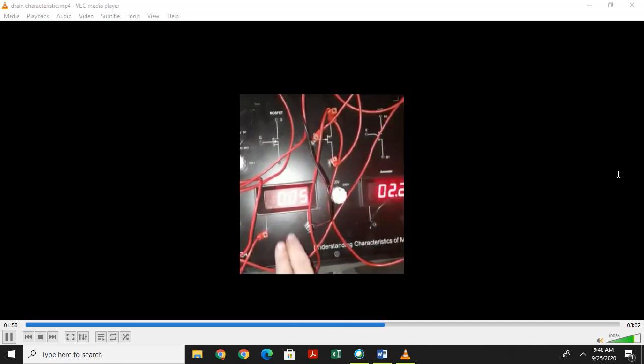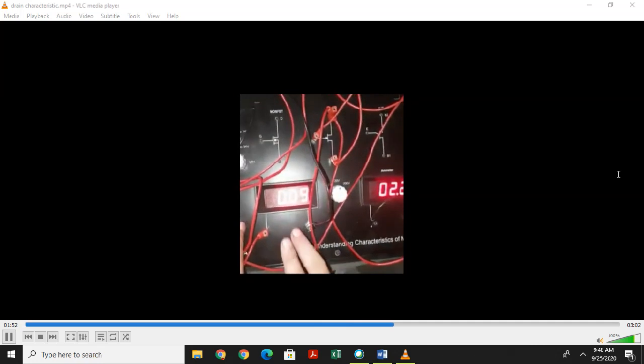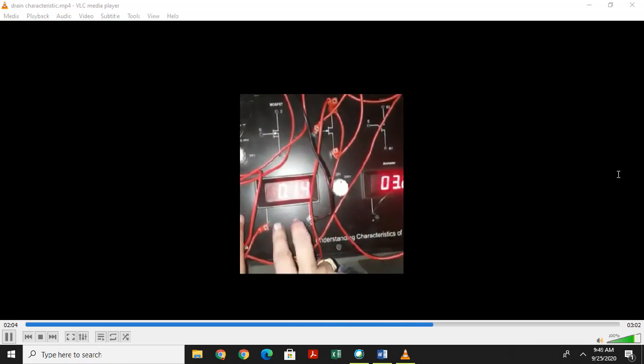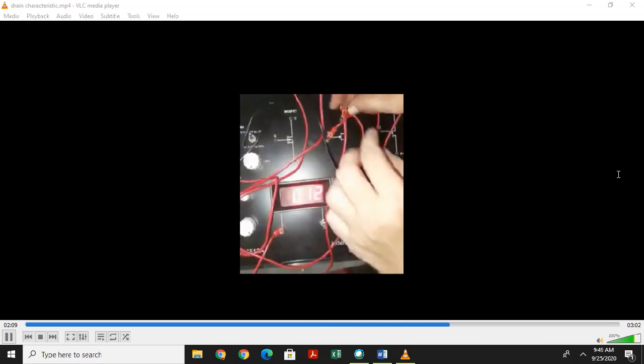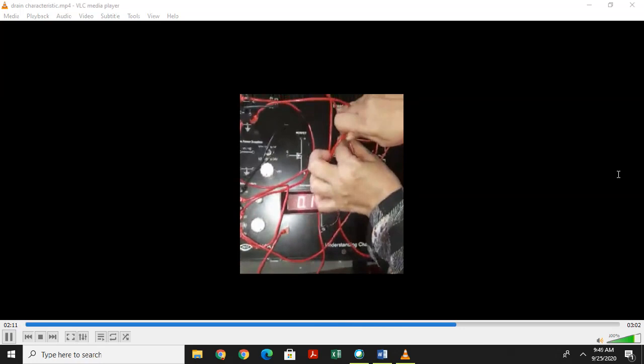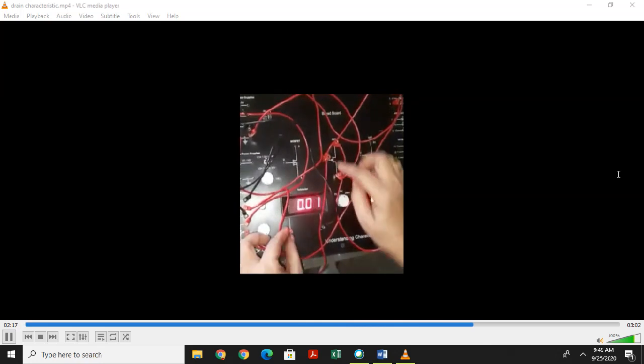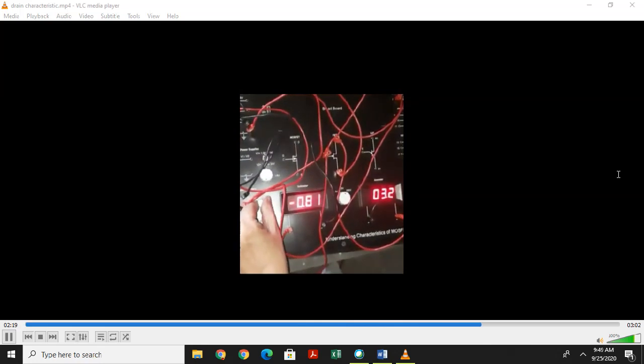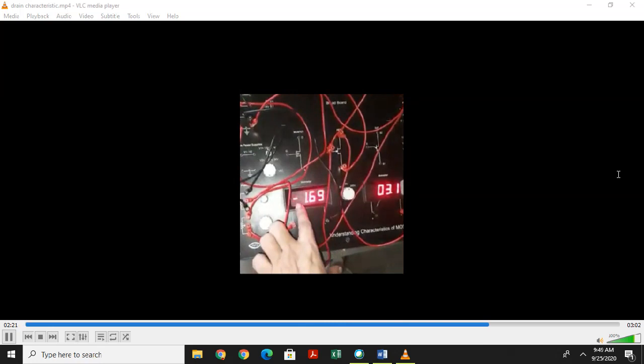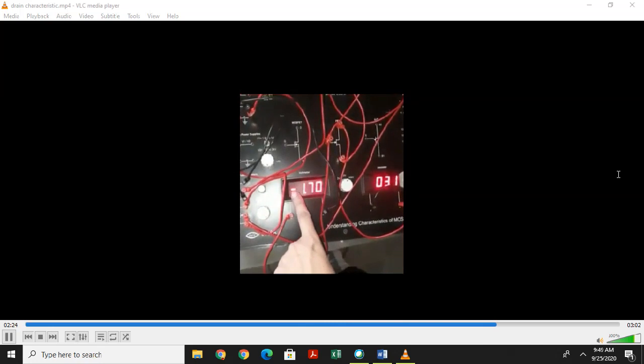From here we apply 0 volt between gate and source, then we change the connection to this point and increase the drain to source voltage, measuring it from this voltmeter, and the corresponding current is measured by this meter. This is the value of ID and this is the value of VDS, and VGS is constant, equal to 0 volt.